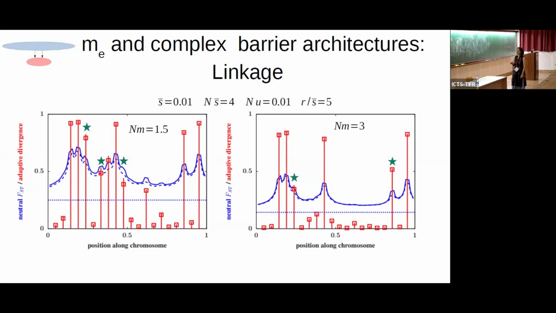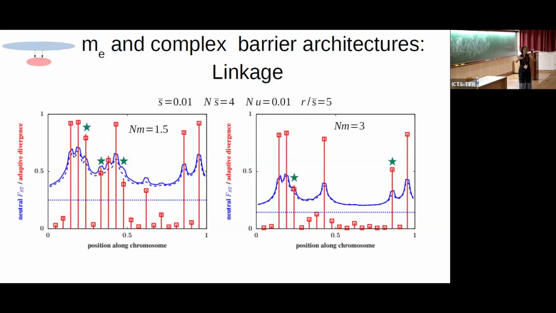And so, when we have these barrier loci, the average level of neutral differentiation along the genome is increased, this baseline is increased from here, but you also have these peaks corresponding to strongly divergent loci. I've also marked some of these loci with these stars. These are the loci that, with the selection coefficients that they have, if they existed independently, would have been swamped. That is, they would have lost divergence.